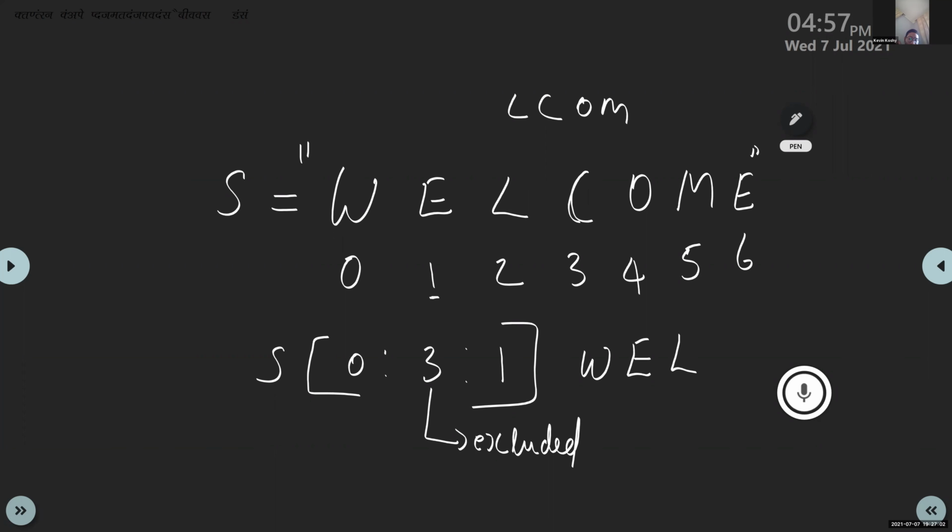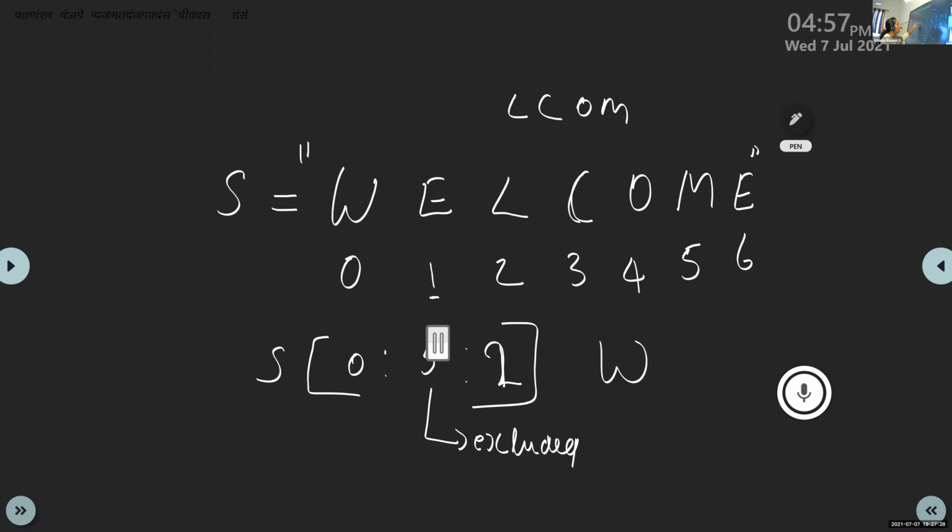The normal step value is 1. We can write the step value as 2. If the step value is 2, the first value is 0, that is W. I'll just write 5 here. Stop value is 5. Step value is 2. Then I will add 2 with the 0. So E is missing.